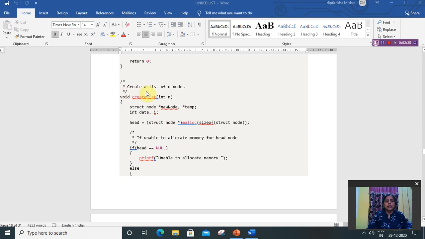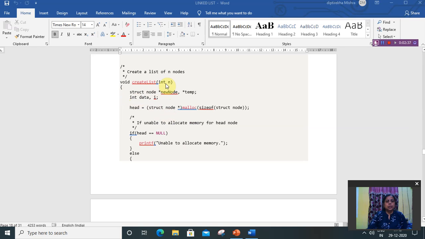Then the create list function with int n. First of all, it will create a head node. The malloc function assigns memory to the head node. If head equal to null, it will display unable to allocate memory.